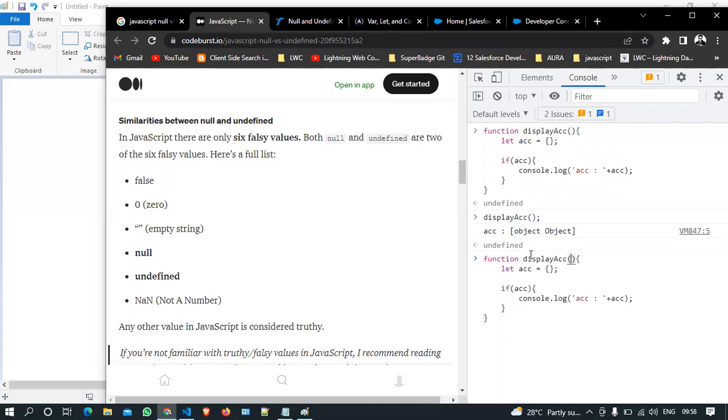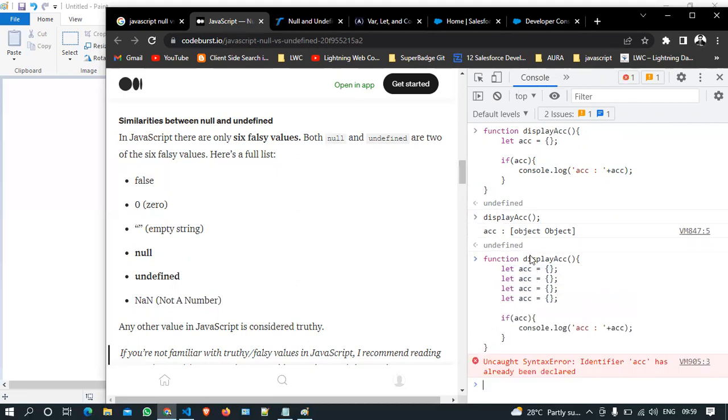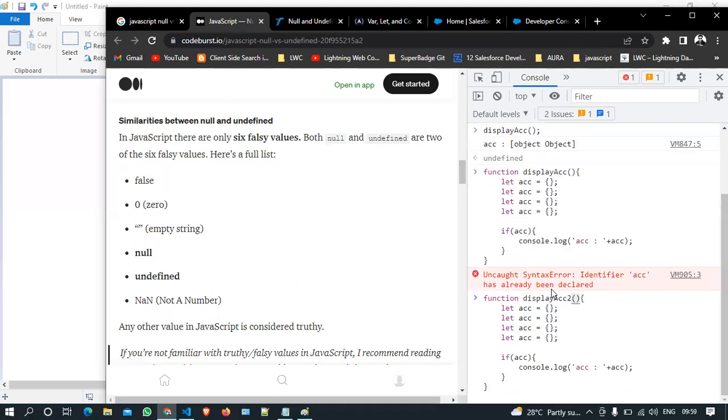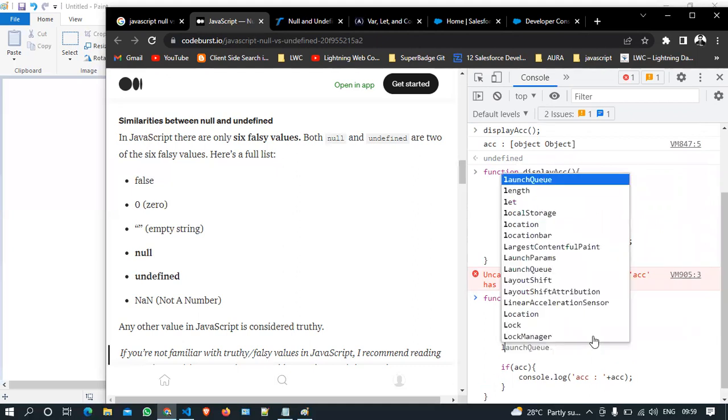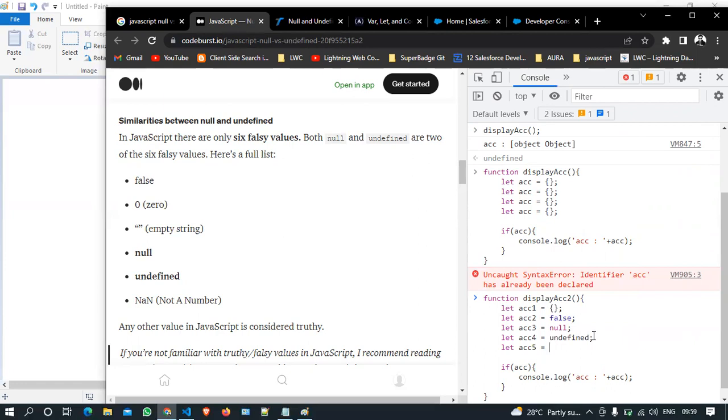अब यहाँ पे लेट्स से ये बहुत सारे वैल्यू डिफाइन करता हूँ। अब ये ACC1 है, ठीक है, तो ये तो प्रिंट होगा। अब यहाँ पे क्या करते हैं, ये 1, ये 2, ये 3, ये 4, इसको मैंने क्या किया, फॉल्स, ठीक है। उसके बाद इसको मैंने क्या किया, नल, ठीक है। उसके बाद मैंने क्या किया, अनडिफाइंड, ठीक है। उसके बाद मैंने क्या किया, लेट ACC5 इक्वल टू, ओके। अब ACC5 को क्या किया मैंने, अब एम्प्टी स्ट्रिंग देता हूँ, ठीक है। तो यू कैन सी आई हैव डिफाइंड 5 डिफरेंट वेरिएबल एंड लेट्स प्रिंट एवरी वेरिएबल, ओके।